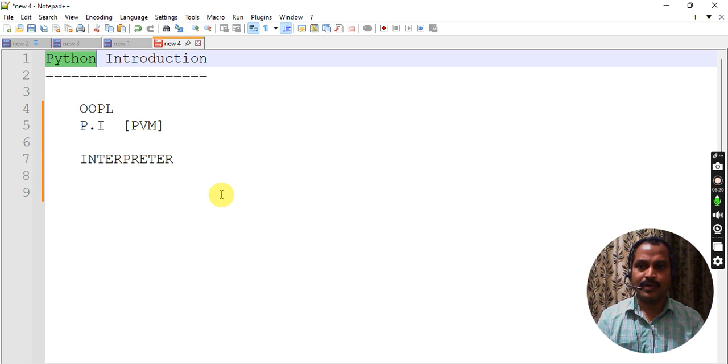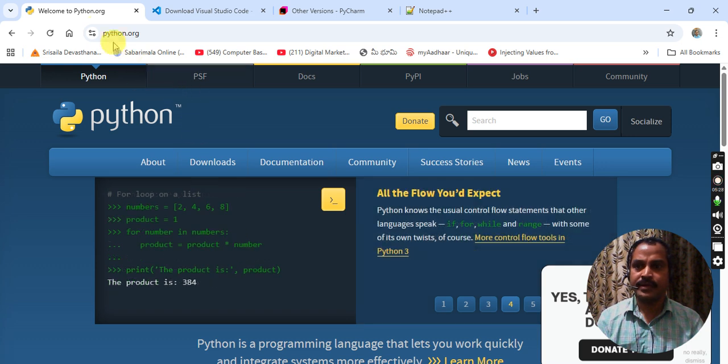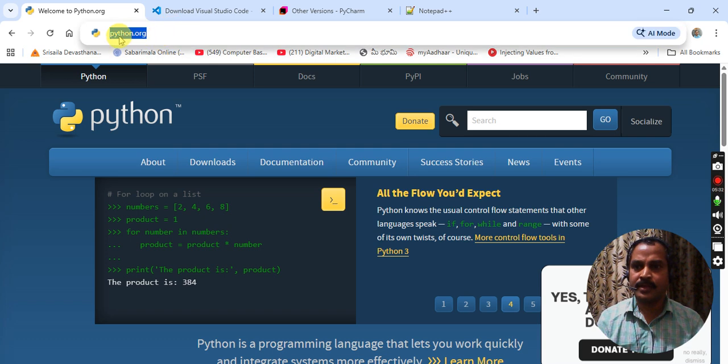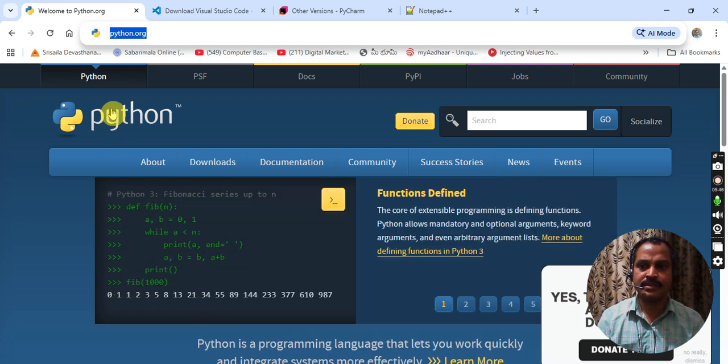Okay, so what softwares are required? To develop applications, first of all we need Python software. We can download the Python software from python.org. It is the official website. From the download option you can choose this button. Directly we can click and download that software and install it directly. It doesn't require any configuration. This is the first software we require, Python.